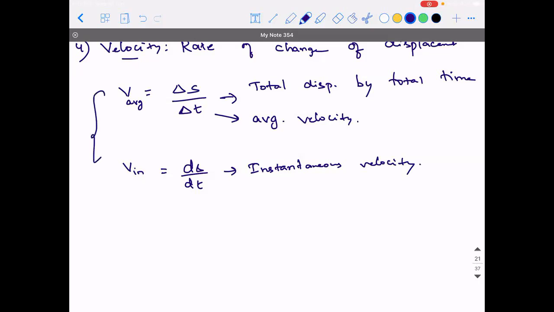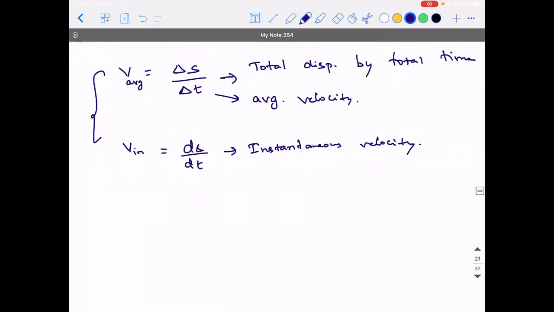Okay. So now we have a question. If somebody asks you how will you calculate the average velocity, you will calculate by finding the total displacement first, and you will know the total time, and divide both, you will get the answer. If somebody asks you what is the average speed, what will you say? The total distance by total time taken. Yes, average speed is the total distance by total time. Okay. So have a note of this point.